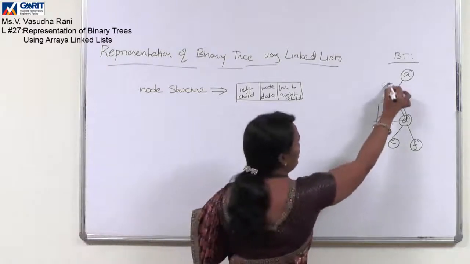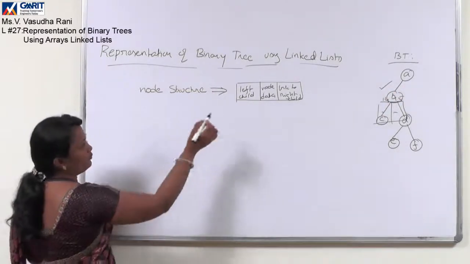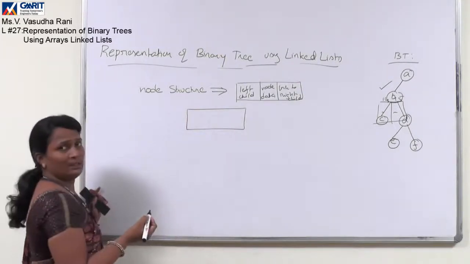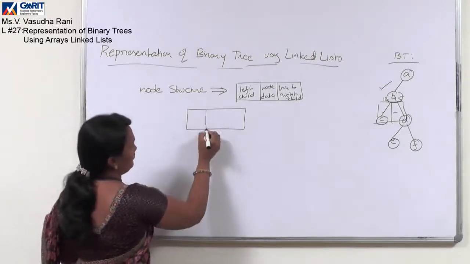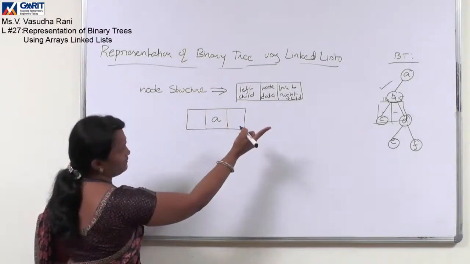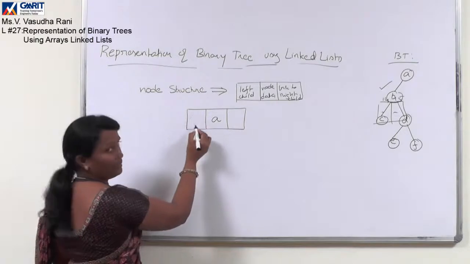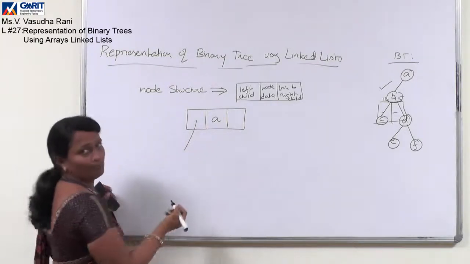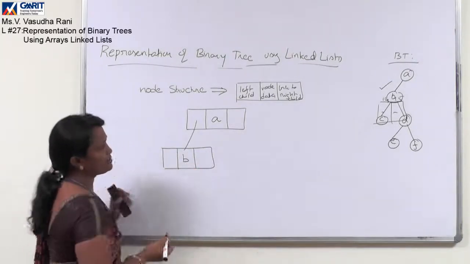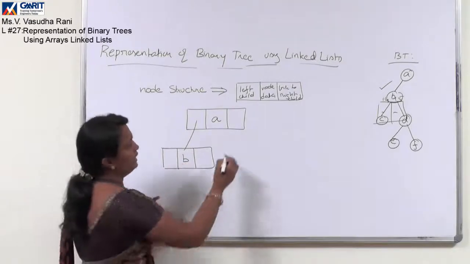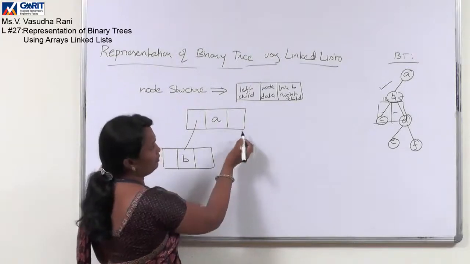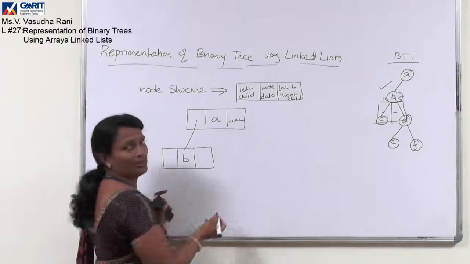So considering this particular binary tree, for the root node we can create a node structure using our linked list structure. It takes the data value as A and it is having a left child. So this particular link will hold the address of the left node, B node. For B again we follow the same structure. It holds the node data B, and on the right side, it is not having any child connected to A, so it will have a null pointer here.